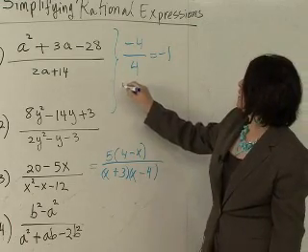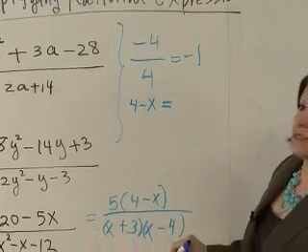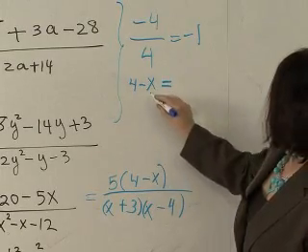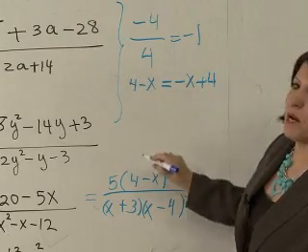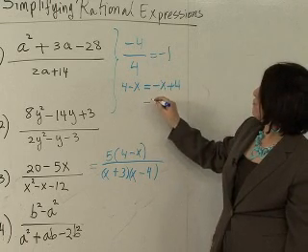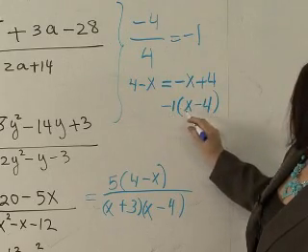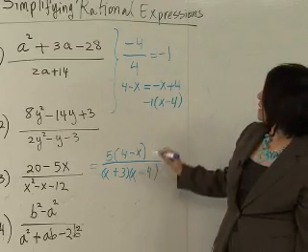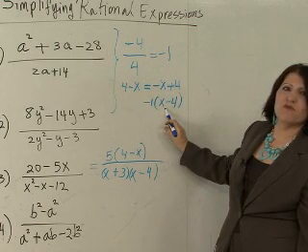And if you take the 4 minus x, there is a way you can write it to make it look like x minus 4. So what I can do, just to make sure that I see that they're opposites, I can rewrite them as negative x plus 4, use the commutative property to switch them around. And then the negative x plus 4, if you pull negative 1 out, then you're going to have x minus 4, because negative 1 times x is negative x, negative 1 times negative 4 is positive 4 when you distribute. So notice that the 4 minus x is the opposite of x minus 4,